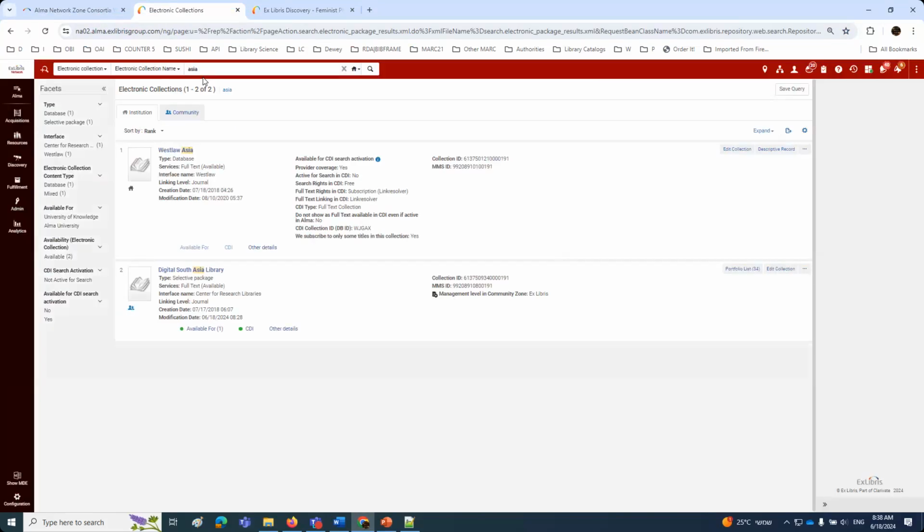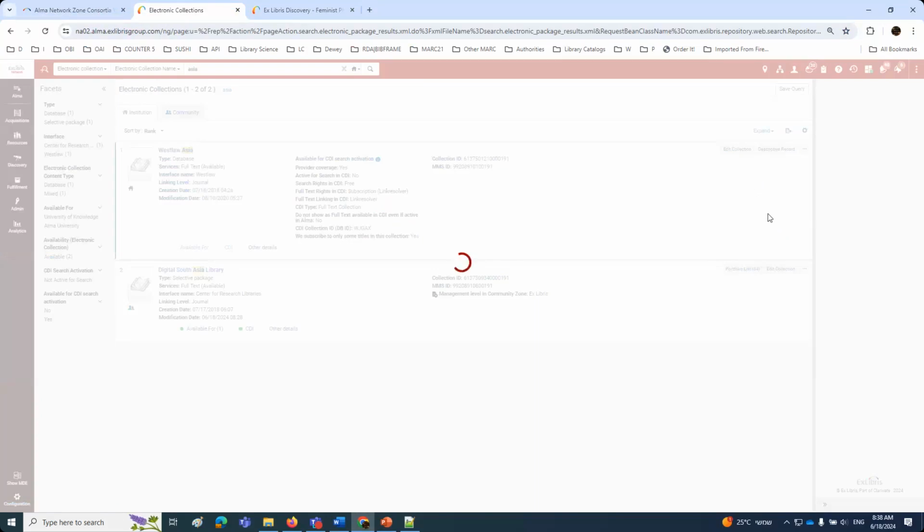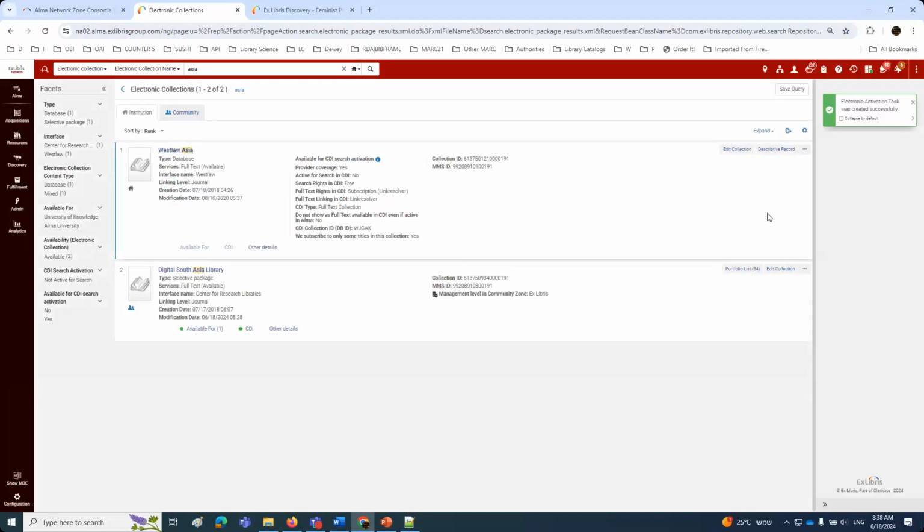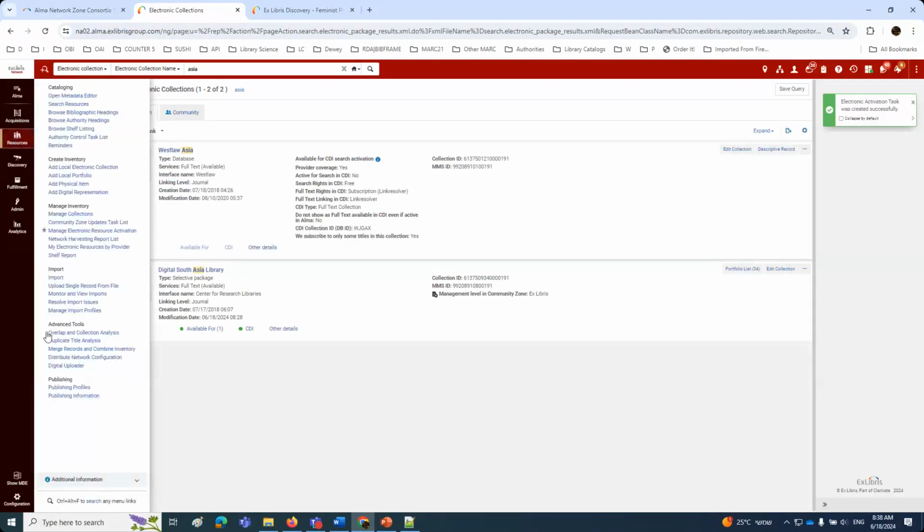If an electronic collection is active, let me activate this one just for the fun, as we say around here. So I'm going to create an e-activation task list. This is Westlaw Asia. Then I'm going to say resources,